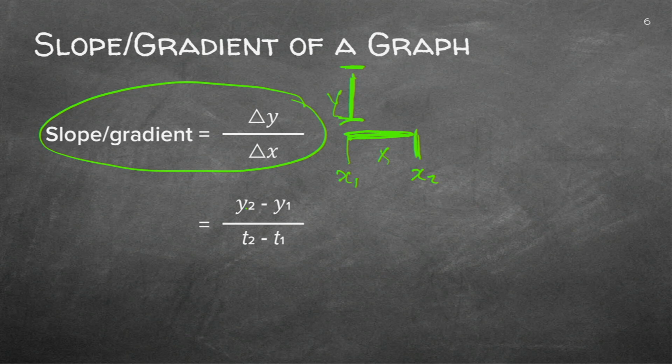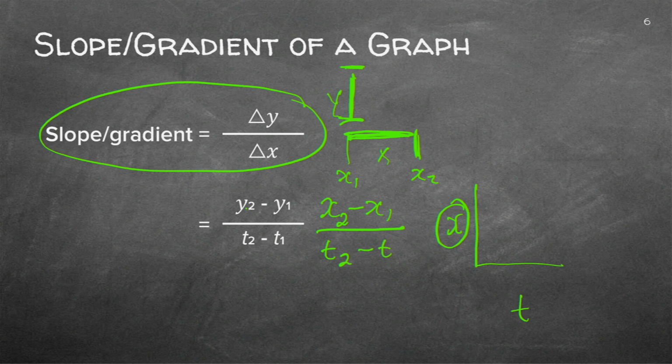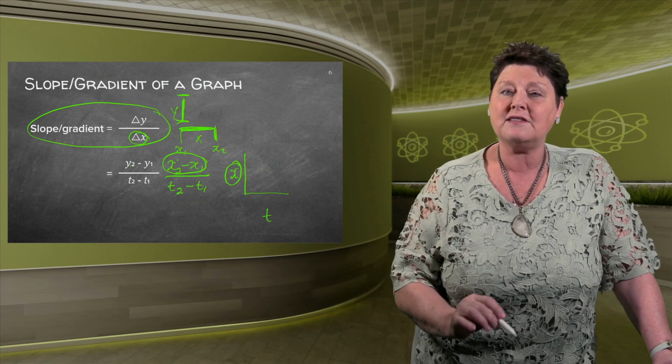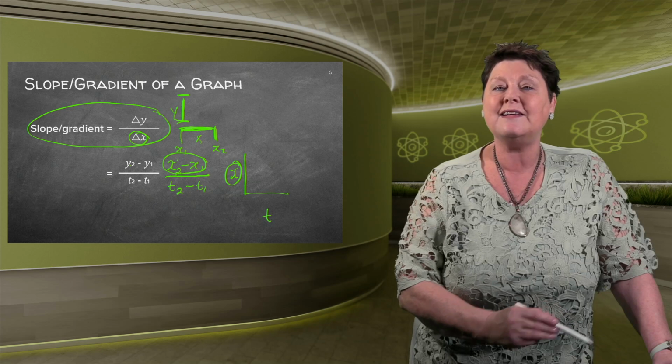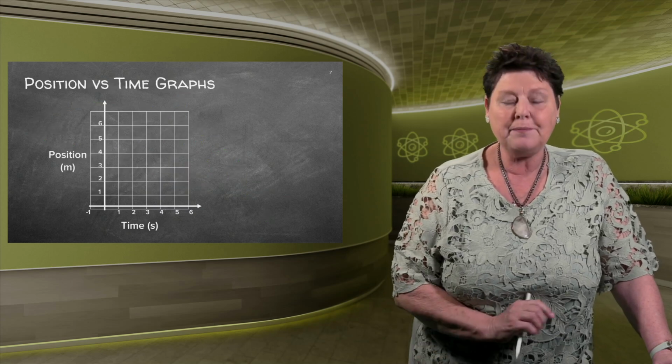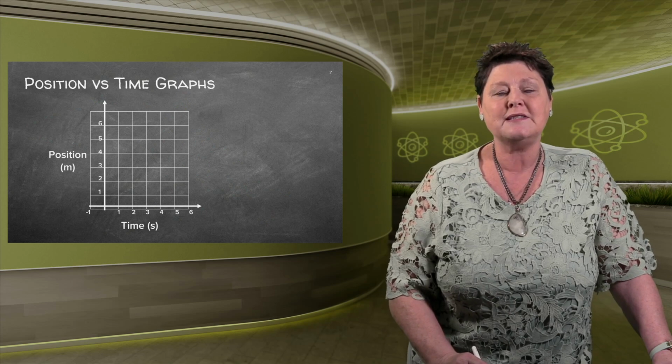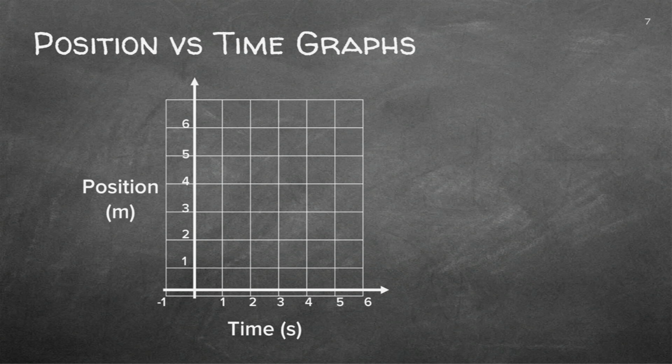Now we've got to be careful. When we work with a displacement which is also x and time value, we actually have the graph saying it's x2 minus x1 over t2 minus t1. And that x is quite different to that x. Be careful that you know, are you working with x as displacement or as the x-axis? Right, let's jump in and do one position time graph. We are going to say we've got a position that's stationary.